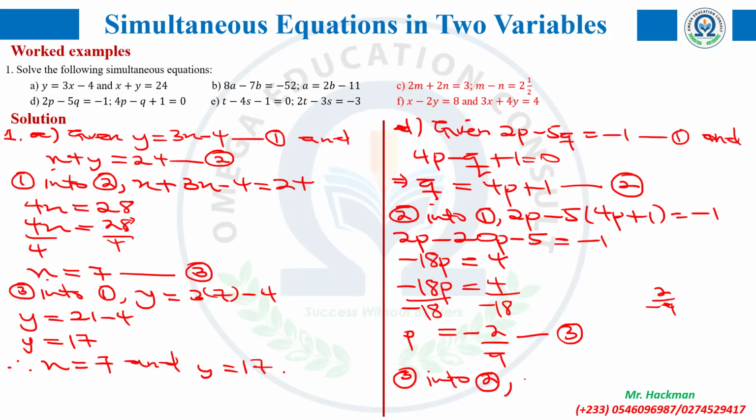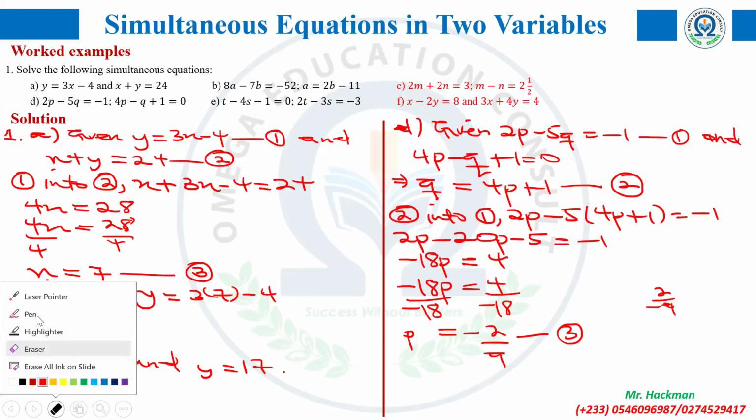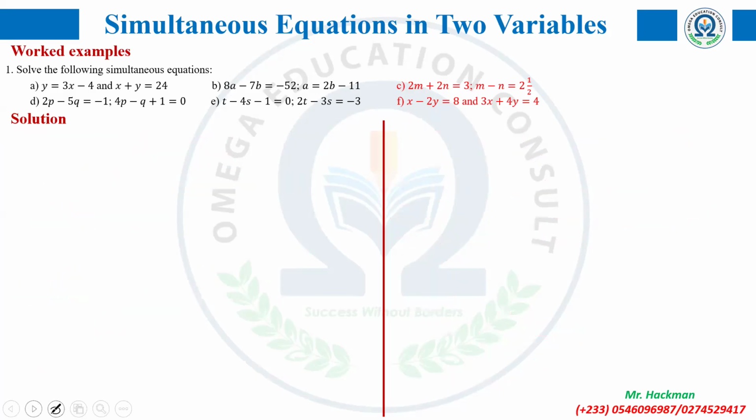I think I should have gone to the next line, or the next page, but don't worry. Let me do the needful so that when we substitute, we can proceed from there easily. So forgive me. Okay, so I'm going to the next page. Let me pick my pen first. Okay, so we are going to get equation, we said 3